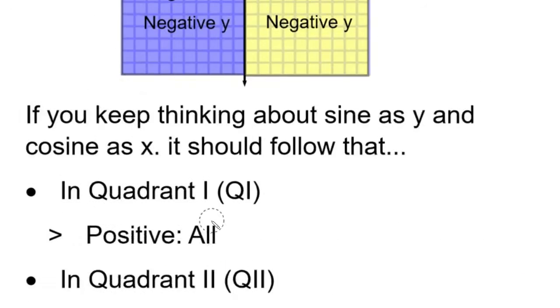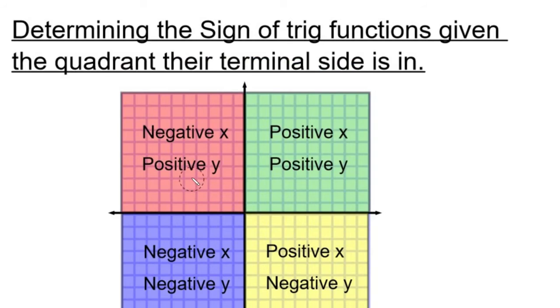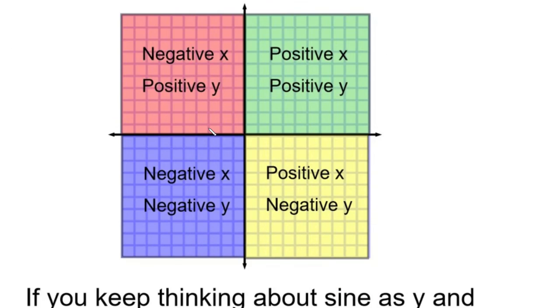So, first off, determining the sign, and I mean sign as in S-I-G-N, and this sign is talking about positive or negative, right? Determine the sign, not S-I-N-E, which is the trig function. Determining the sign of trig functions given the quadrant their terminal side is in. Okay, so remember on the unit circle,